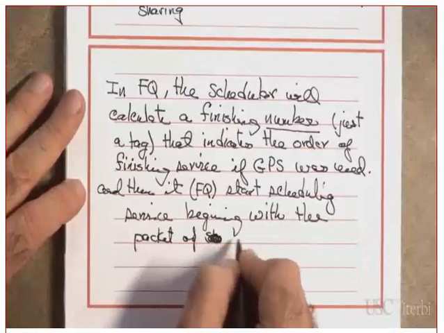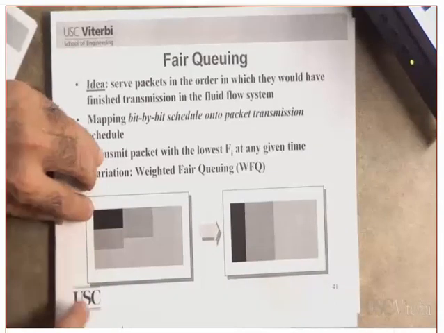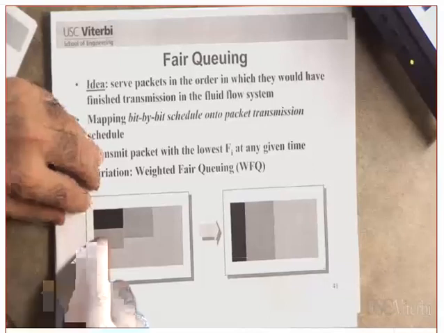Clear so far? Okay. In the pair queuing, when the packets come at the same time, the scheduler will calculate at what time they would have finished if GPS was used. He will determine that this one would have finished before this one. So what does he do? He serves this one first, and then this one, and then that one. You notice all of them came at the same time? They came at the same time. Are you following me or not? Yes. They came at the same time, but when he scheduled them, he will schedule them what?